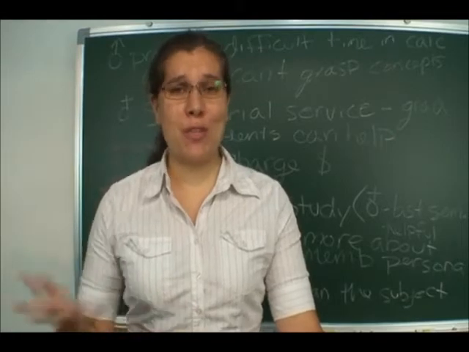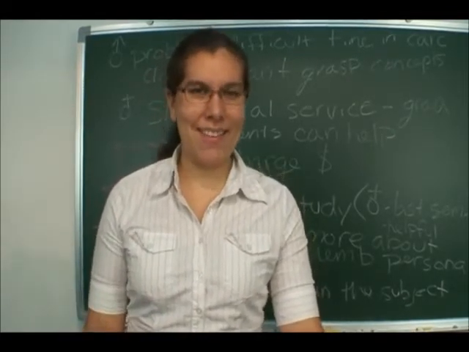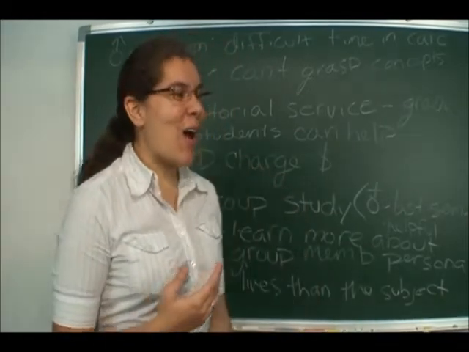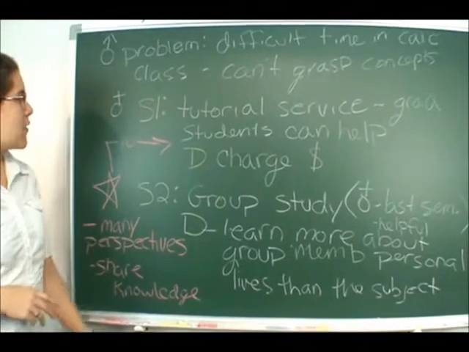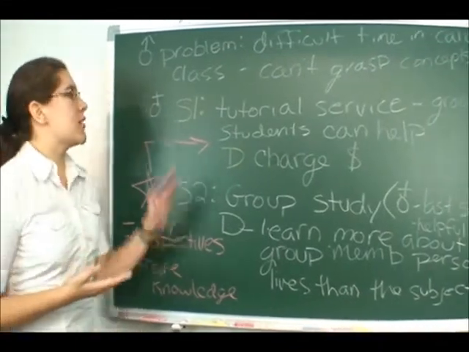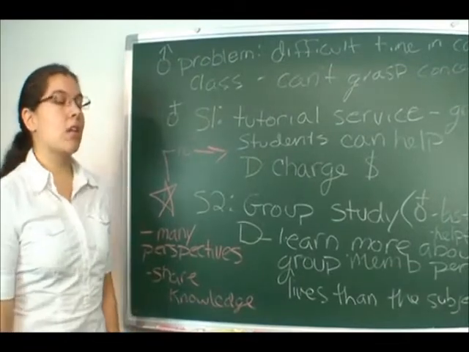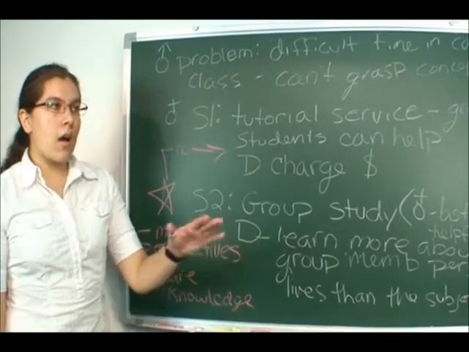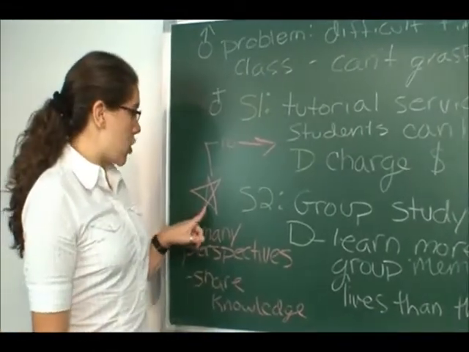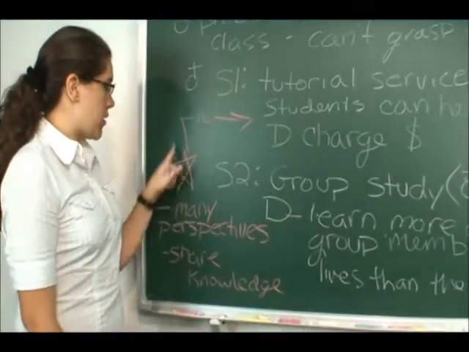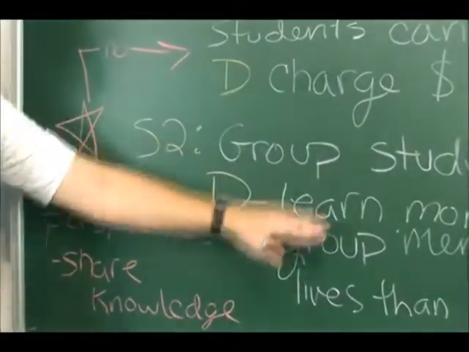And as I'm sure you know, it's hard to get your friends to be quiet and study when they need to. So now we need to make a decision about which one we prefer. And the way I usually do this is I leave some space on the left side of the page when I'm taking notes to give my reasons for my preference. So I chose solution 2. So I put a star by solution 2. And solution 2 is the group study.